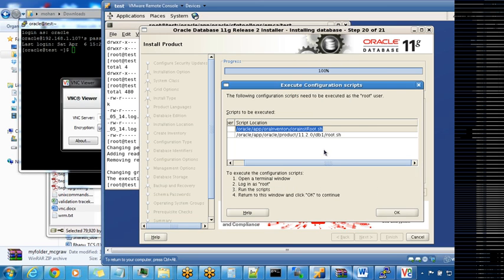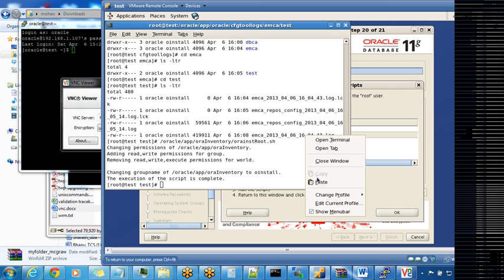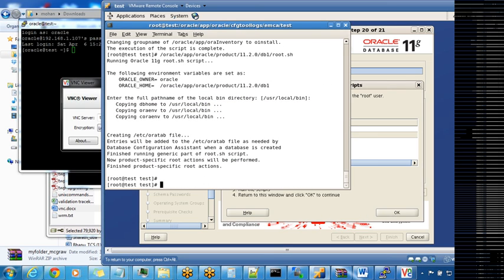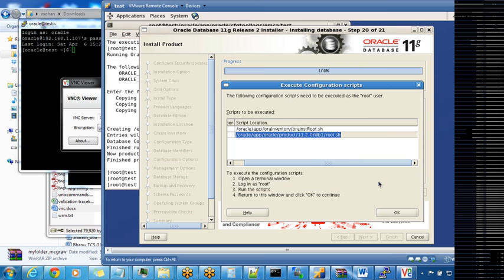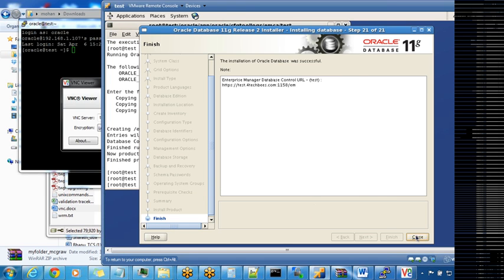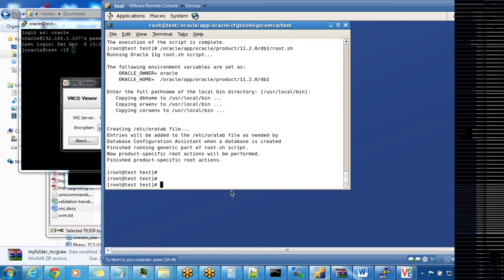Okay, done. Now execute the second script. Similarly, Control C, execute it. Okay, done. That's it. After that, once the scripts are executed, just click on OK. Click on close. That's it, done. So this is the way we'll